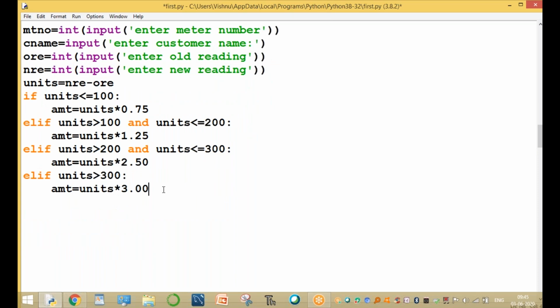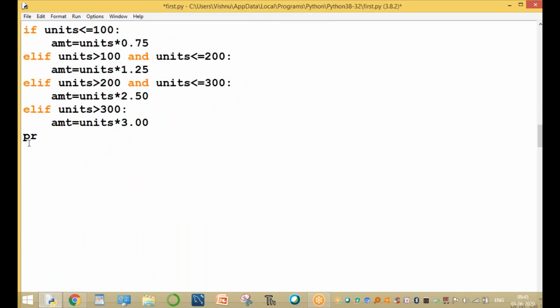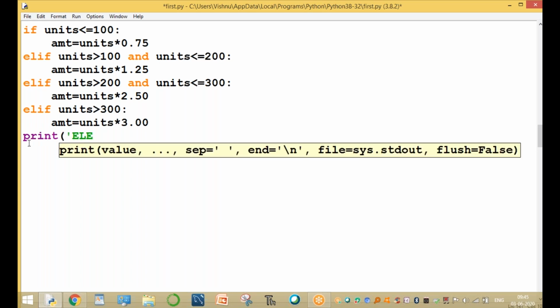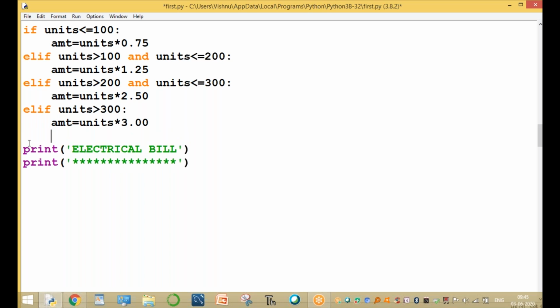Clear guys up to here? And after completing the bill, print electrical bill. Example, print value.